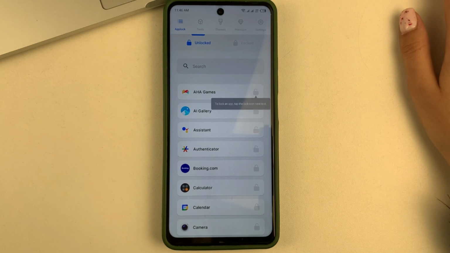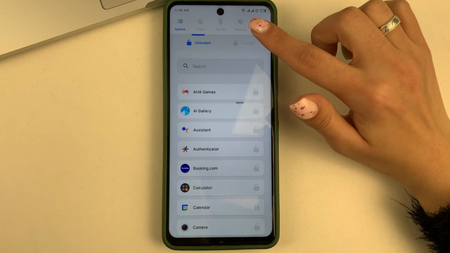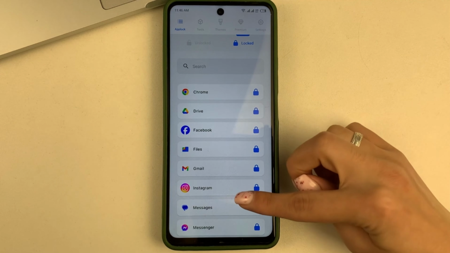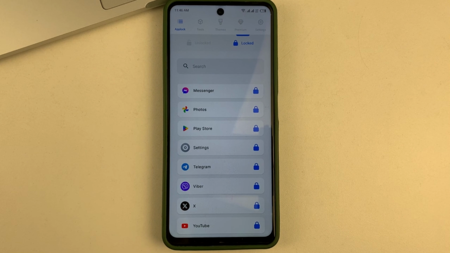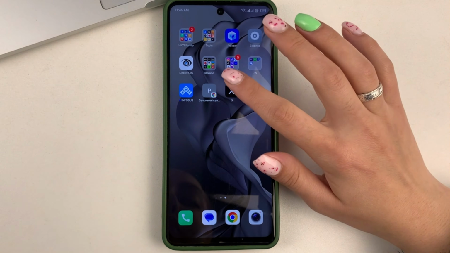And now at the top, you'll be able to see apps that are not yet locked and apps that are already locked. For example, we can see that app X is already on the block.